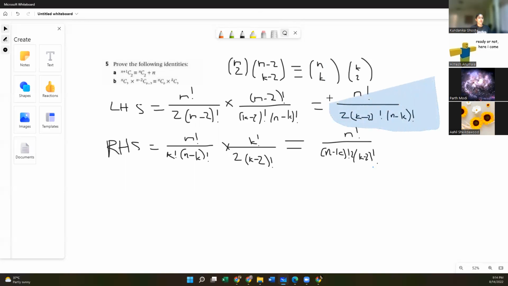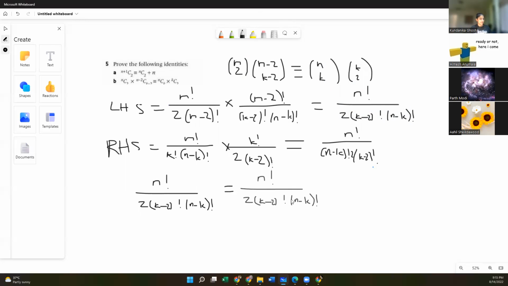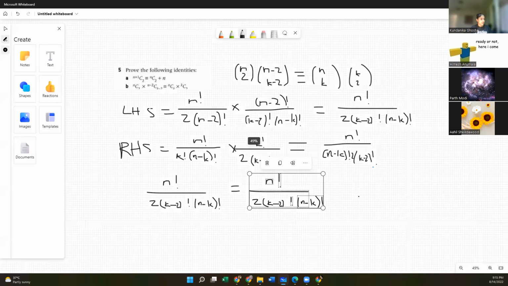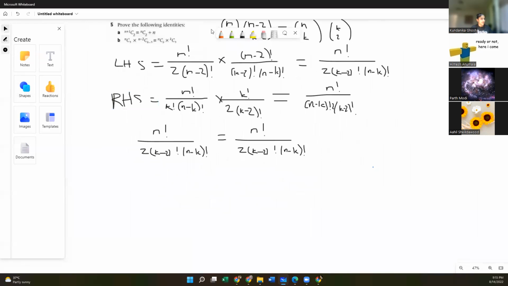So I'm just going to rearrange the denominator of the right-hand side so that it looks exactly like the left-hand side. Sorry, I'm just copy pasting. I can't write again. I literally don't have the energy, but that equals that, right? Therefore, your left-hand side equals your right-hand side. LHS is identical to your right-hand side, as you are required to prove. And that's it. Good?